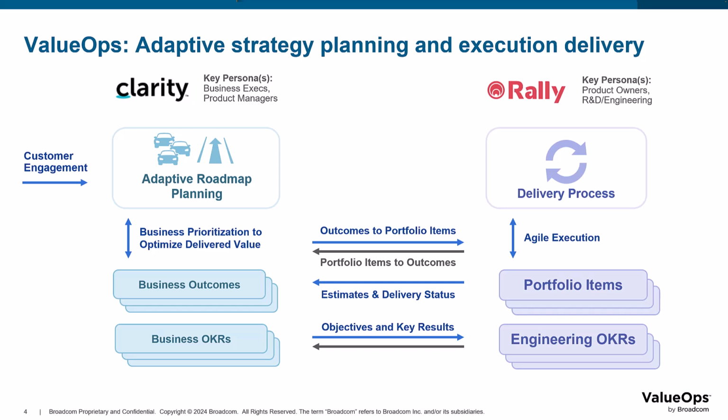And then based on both initial estimates as well as the delivery status, Rally can send that information back to Clarity for review or monitoring. The integration allows you to tie business decisions and their prioritization with delivery or execution information. In addition, Clarity provides the ability for organizations to catalog objectives and key results, or OKRs, and track their progress, which creates alignment and encourages engagement, which are all critical success factors for any business.